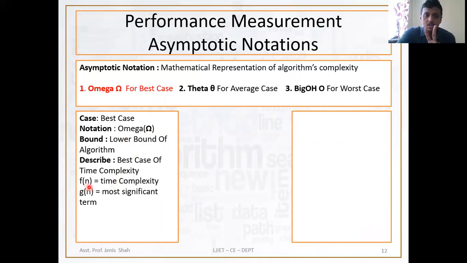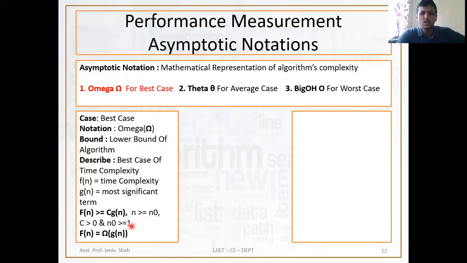Here we have two different equations, f of n and g of n. If I want to compare myself, I can compare with another person. So f of n is the equation that we have, and g of n is the equation that another has. We are comparing f of n with g of n. Here f of n is always greater than or equal to c times g of n, which shows the lower bound. So f of n is equal to omega of g of n. Here c is a constant greater than 0, and n is greater than or equal to n0, where n0 is greater than or equal to 1.